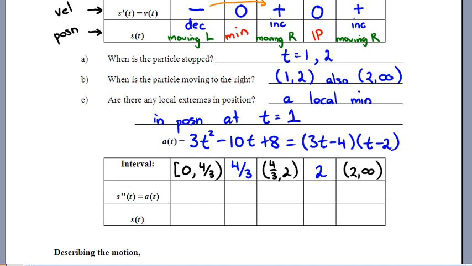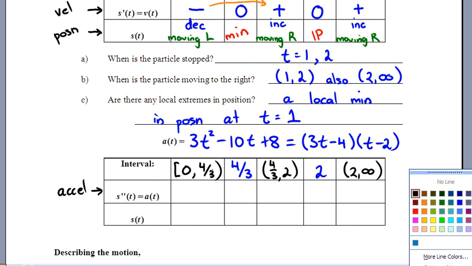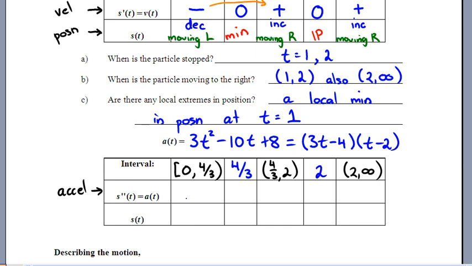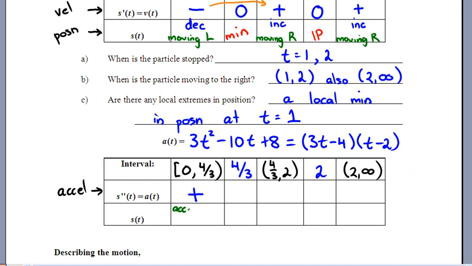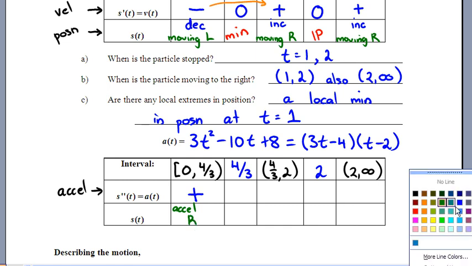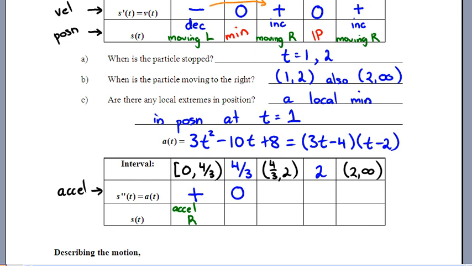Okay, checking out acceleration now. Right, that's what this row is, this second derivative. You try a time between 0 and 4/3. I would probably try a time of 1 second. And if you substitute that into this acceleration, into either of these expressions, you'll see that the acceleration is positive. So, what's s doing? What's your position doing? Well, we could just say this. You're accelerating to the right. Then the acceleration goes to 0. So very, very briefly, brief as it is, just for a split second, you're going to coast,